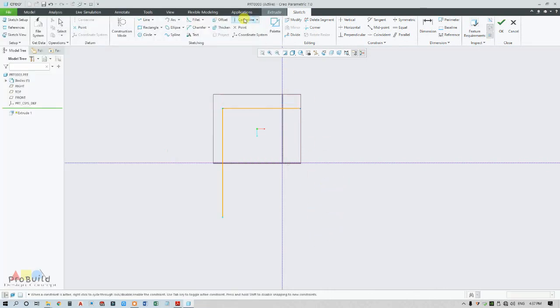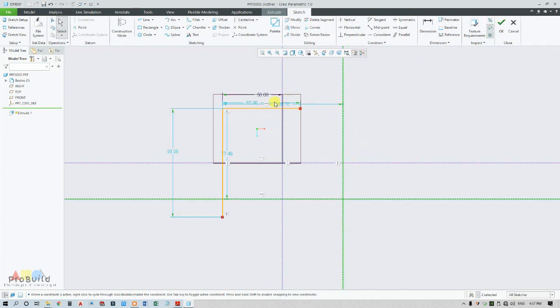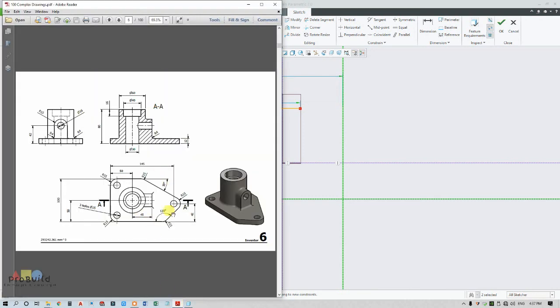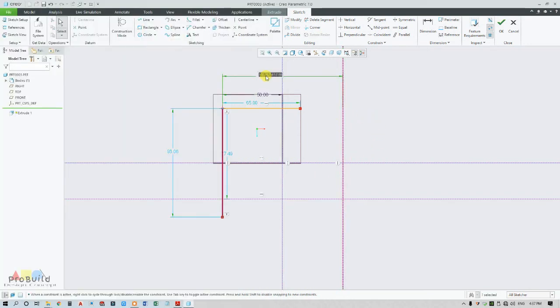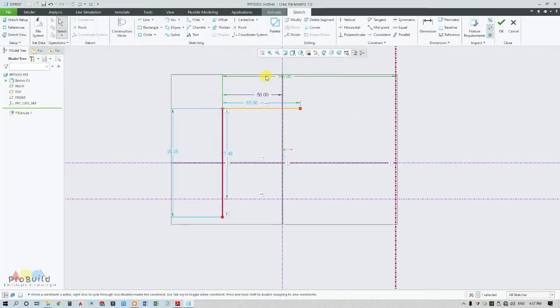Now I'm going to draw a center line, and here, this overall distance is 145, and from here it is 42. This is 145, and from here it is 42.